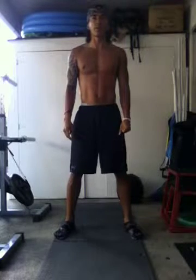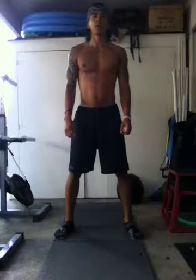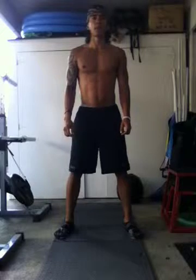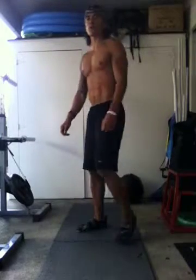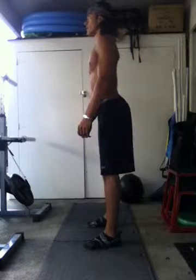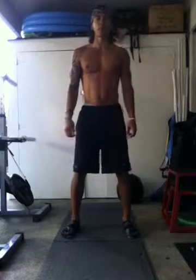You are going to first reach your butt back. It's almost like a pelvic tilt, where it's a slight movement, but the butt is going back. Knees are still straight, legs are still straight, so no movement other than the butt going back. That's going to be your first movement, right there. First movement. Okay? So with that first movement going,